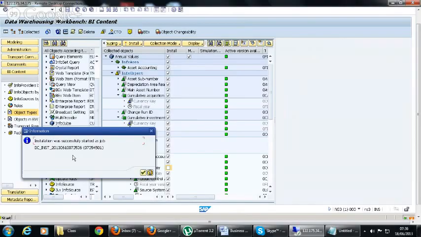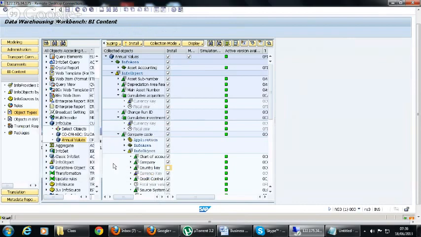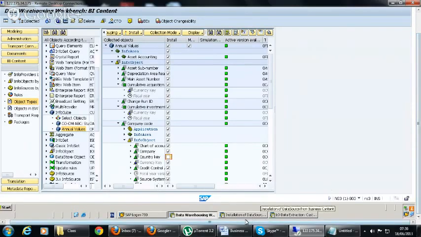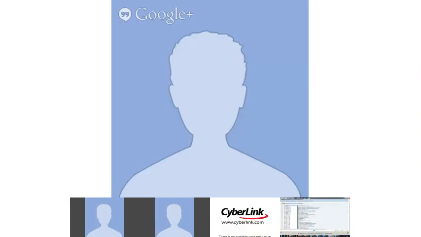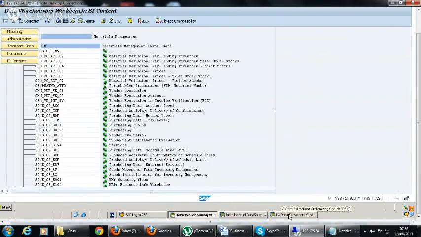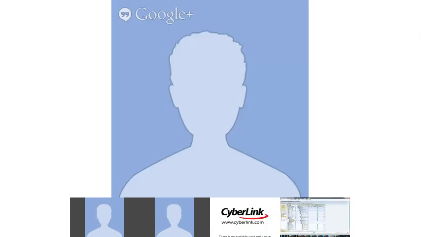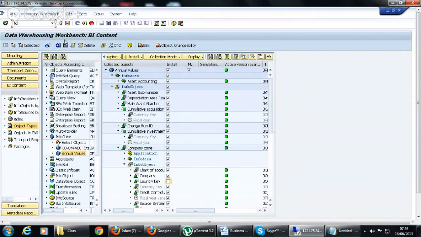So this is the job which is created. When you see the BC, it means business content installation. So you have to check the job with this name. You have to go to SM37, sorry, not technical content.